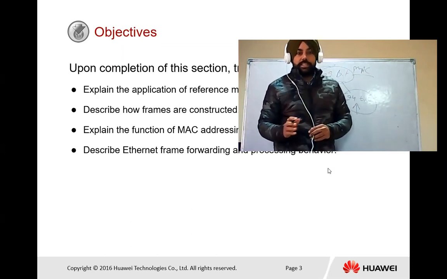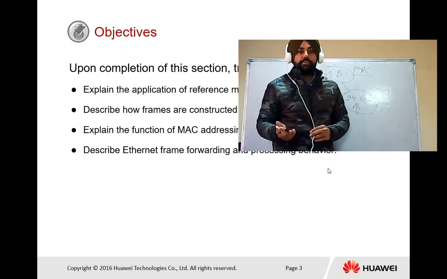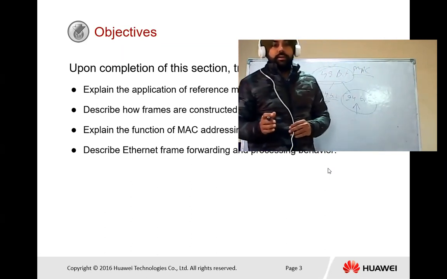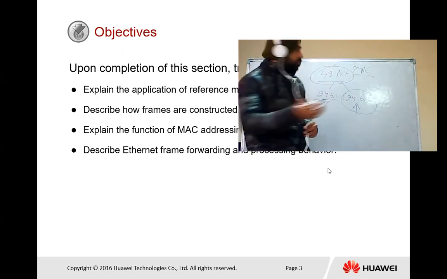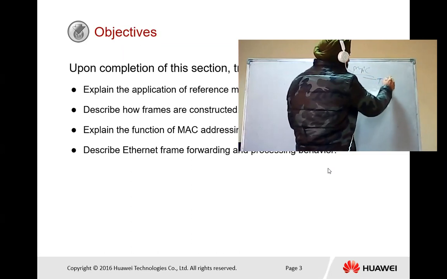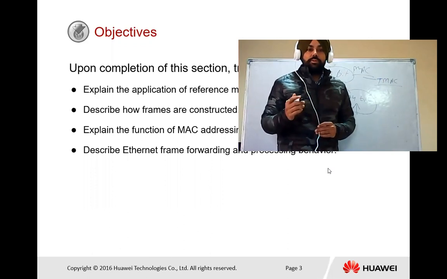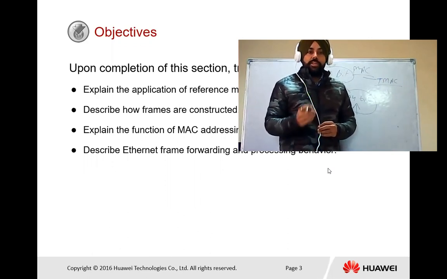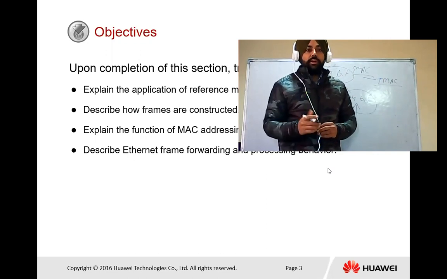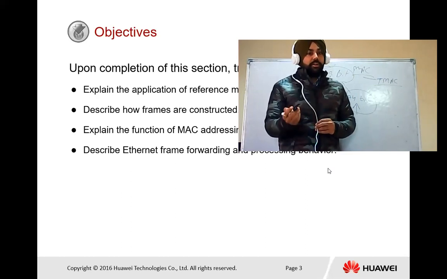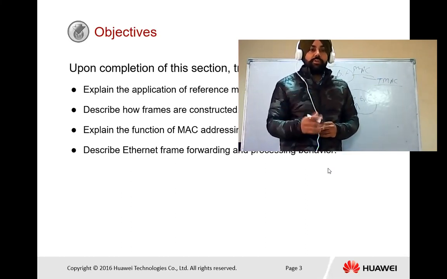We cannot change our system's MAC address, but we can spoof it. We can change the MAC address, but temporarily, not permanently, with the help of different types of software. One such software is TMAC. TMAC is software that provides a facility to spoof your MAC address. Spoofing means you can temporarily change your system's MAC address. After rebooting your system, you will get your original MAC address. Okay, this is the physical address. We cannot change it, but we can spoof it with the help of different types of software.